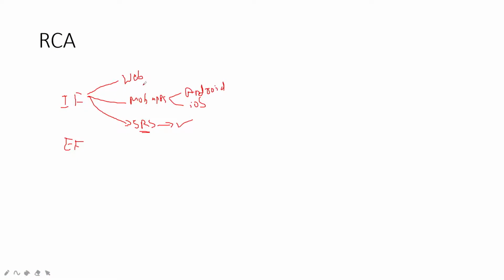Now we need to further analyze these three areas to identify where is the problem. Firstly, let us look at whether there is a drop in sales from the mobile app platforms. So they have not identified any sales drop in mobile app platforms. Android and iOS, there is no sales drop. So now we are left with this web platform and external factors.